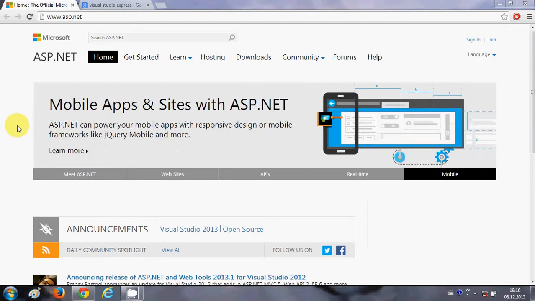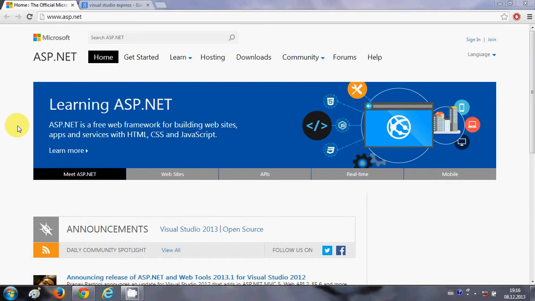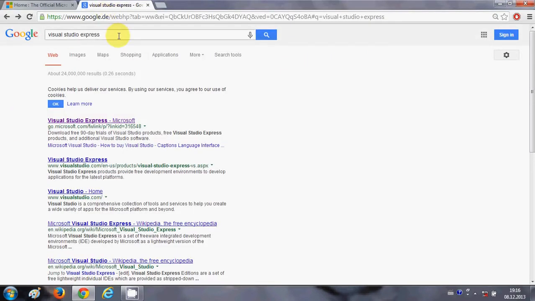Now, for developing ASP.NET, you definitely want a tool on which you can develop your ASP.NET application. So we use Visual Studio for developing our C# or .NET based application, which is also from Microsoft. And Visual Studio in itself is an expensive IDE. IDE stands for Integrated Development Environment, but they also provide a free version of Visual Studio with the name of